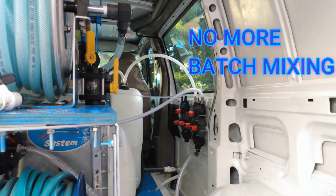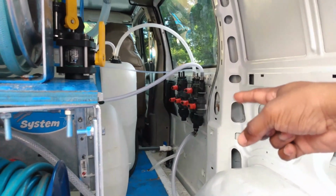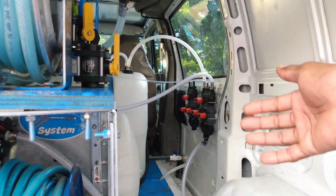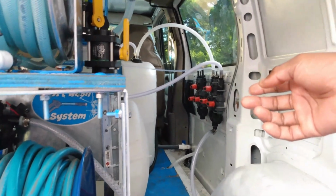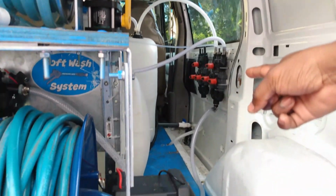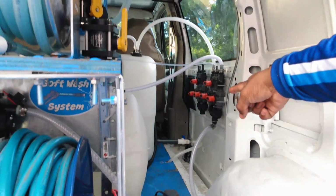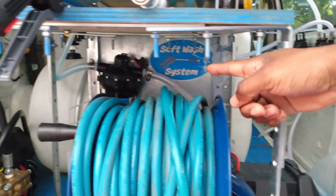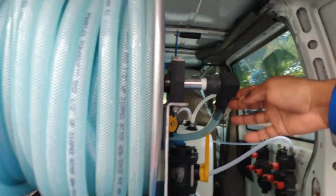Those orange valves are GF metering valves. Those are the good kind. The white valves are a little cheaper. They tend to get fractures in them. I don't like them. This one lasts you a long time. At the bottom is where it pulls everything and blends it together, and it all mixes and comes through, runs up into the pump, out of the pump into your hose reel,